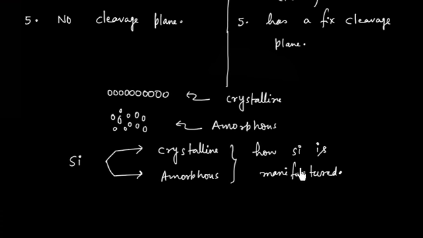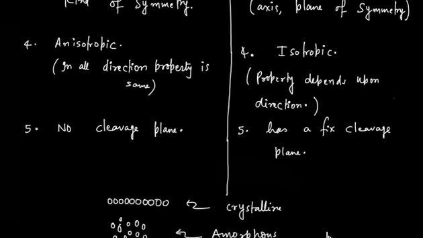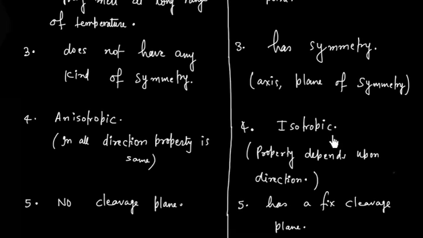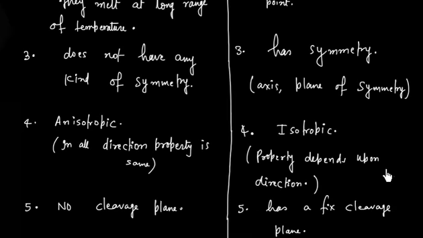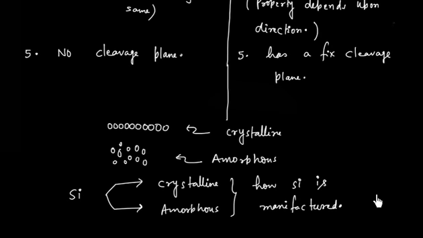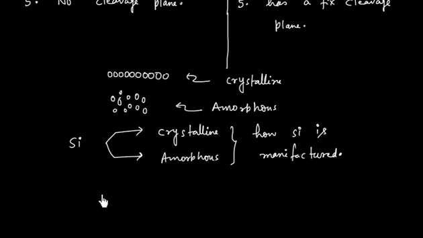So in this lecture we discussed crystalline solid and amorphous solid. We said in the case of crystalline solid we have a regular repeating pattern, but in the case of amorphous solid there is no pattern. In crystalline solid we have a unit cell; in amorphous solid we have no unit cell. In crystalline solid we have a cleavage plane, a sharp melting point, it is anisotropic, and it also has symmetry. These are the differences between amorphous solid and crystalline solid.